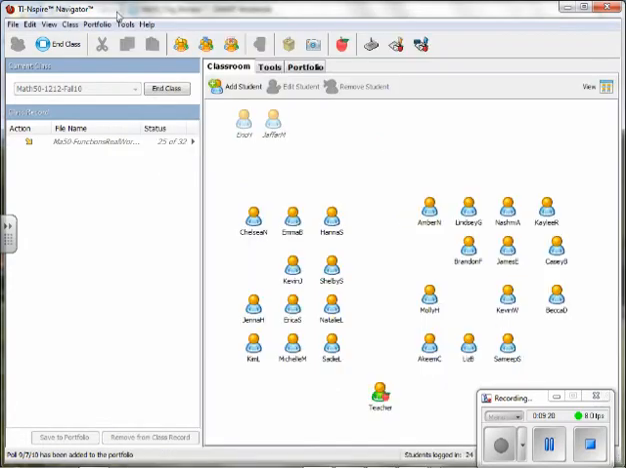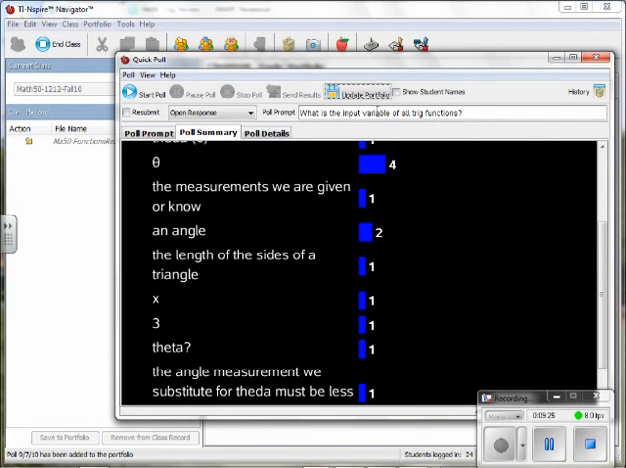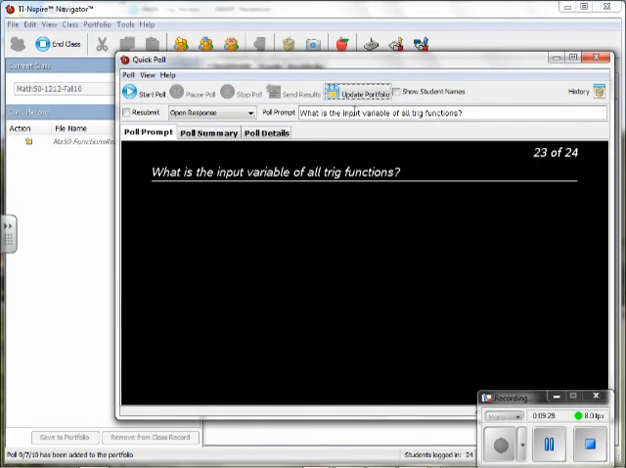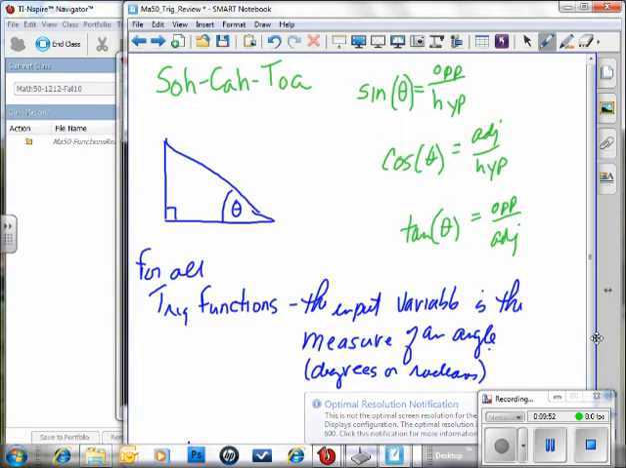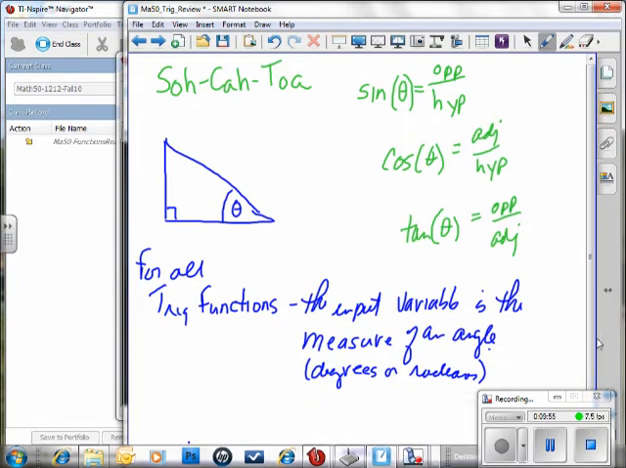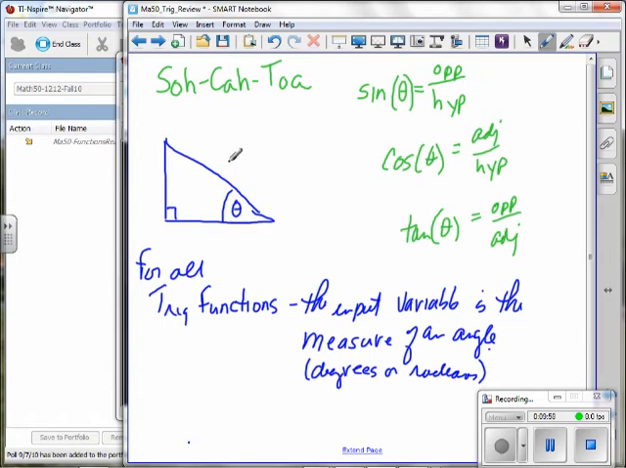Okay, here's your next question. Another quick poll. What is the output variable? What is the output? If the input is the measure of an angle, the output can't be the same thing. So what we have then, this says